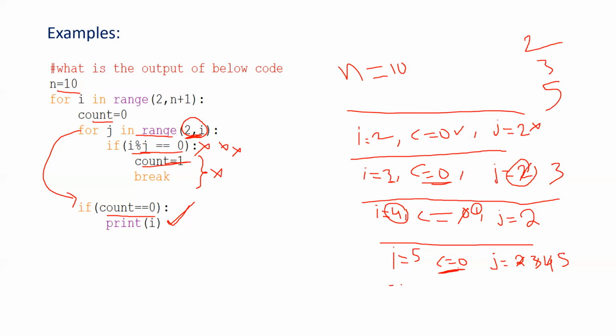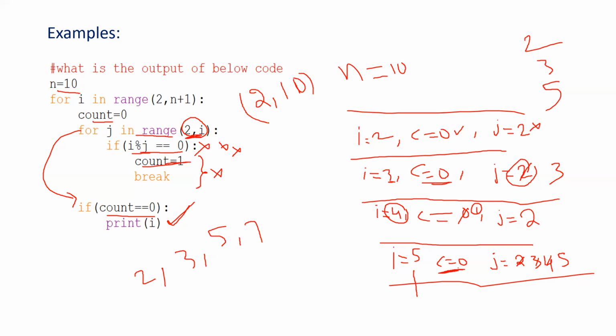Like this, you need to go up to I value equal to 6, I value equal to 7, I value equal to 10. And you will get the entire output as 2, 3, 5, 7. Because this code is just like a prime number series only. Given the n value, you need to generate all the prime numbers within the range of 2 comma 11, 2 comma 10, including the 2 and 10.